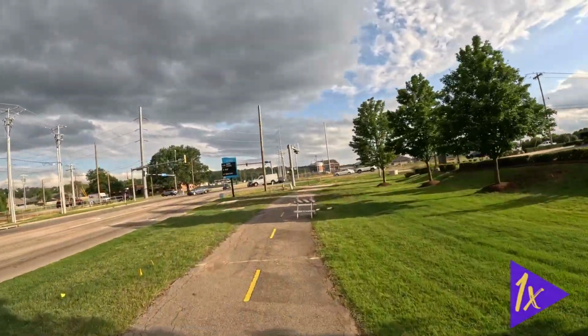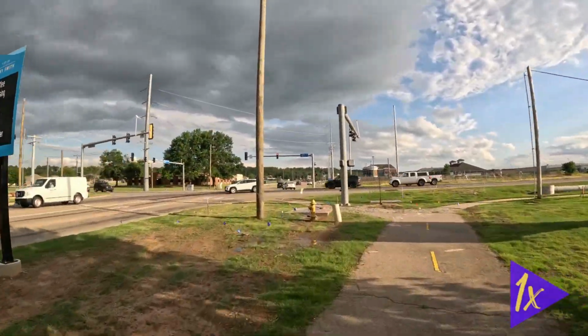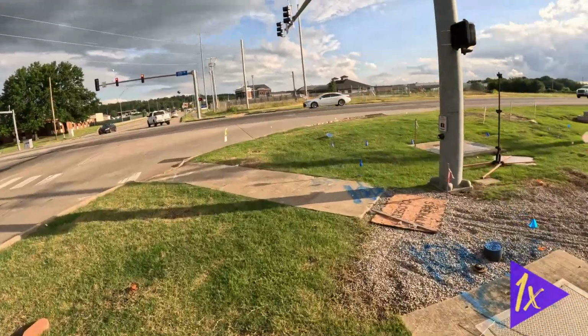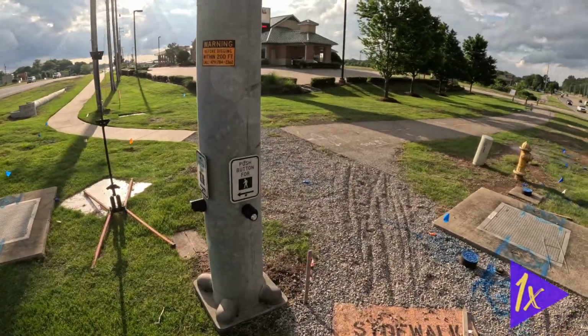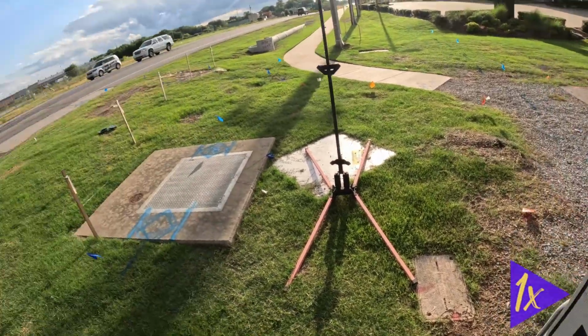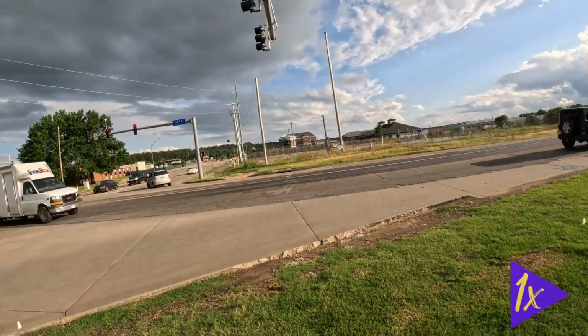And now for the worst intersection on this trip. Maybe the worst intersection in Fort Smith. There's no sidewalk here, there's just this gravel or this dirt, which some bicycles cannot ride on. Once you get to the intersection, there is a curb ramp facing the wrong direction. If you're heading southbound on Massard, there is no curb ramp, and so you have this steep curb drop off